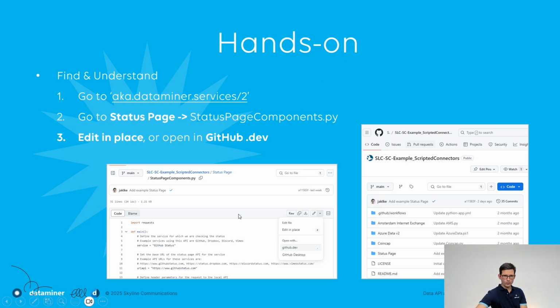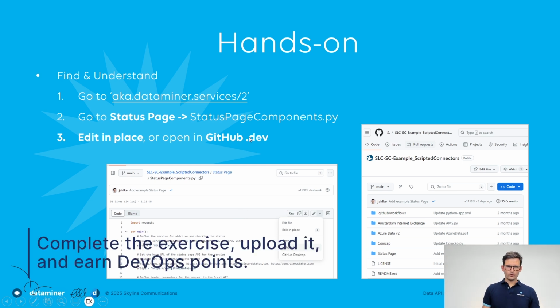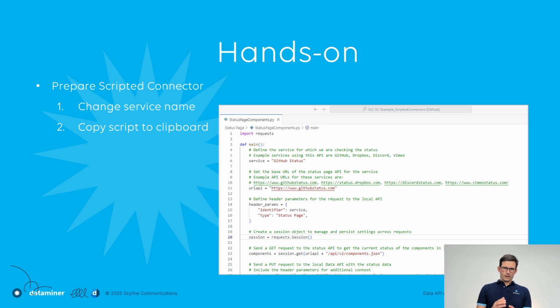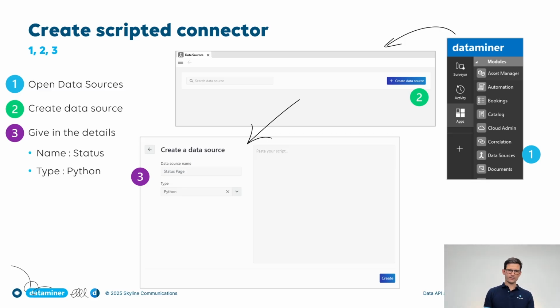So, do the steps, you have it in the presentation as well. We changed the service name. We also changed the URL API. We copy pasted that, and then in the data sources module,